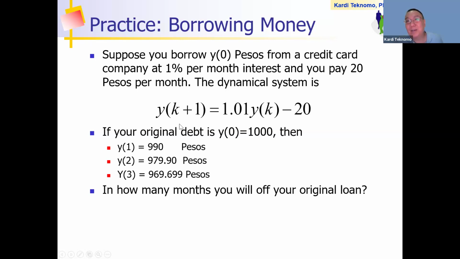If you look at the formula, it's just like this, right? 1%, so 1.01. That's correct. Because you are paying 20 pesos per month, paying means minus, so minus 20. So this is the form. A few numbers: the 1 here is 1 month. Because you pay 20 and then have additional interest, you get this 2, 3. This is the 3 months. So the question is simple: how many months until you pay off your original loan?